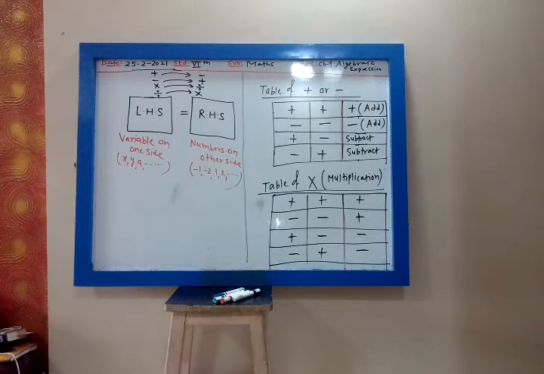In multiplication, minus, minus become plus. But whenever it is addition or subtraction, minus, minus will remain minus, but we add the number. For example, minus 2, minus 3. I will take the minus sign. If they are having same sign, I have to take the common sign minus and add the number. 2 plus 3, 5, minus 5. Minus 2, minus 3 is minus 5. But if it is minus 2 into minus 3, then it is minus into minus, plus 6. Are you getting?